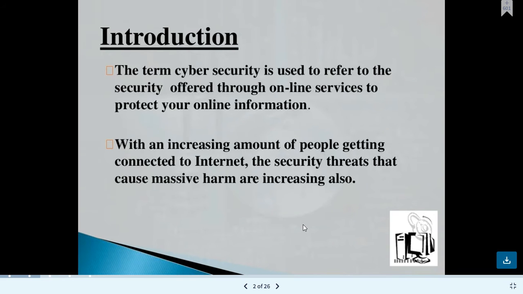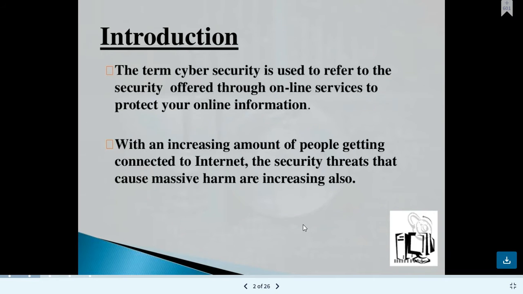So today we will start about cybersecurity. What is cybersecurity? Let's take the introduction. The term cybersecurity is used to refer to security offered through online services to protect your online information. With an increasing number of people getting connected to the internet, the security threats that cause massive harm